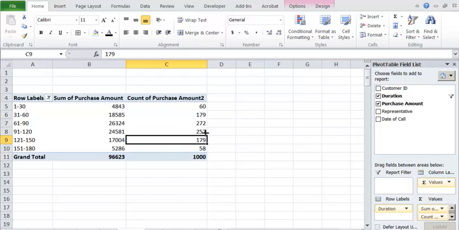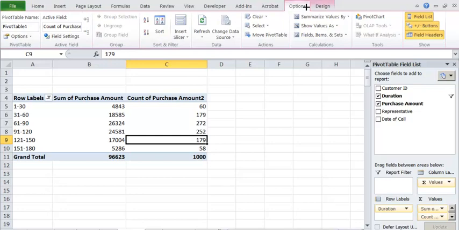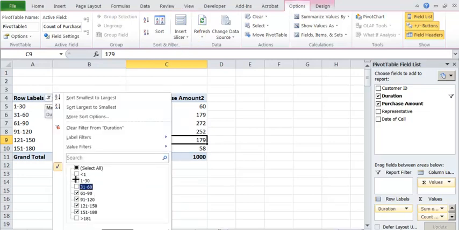There is one more thing in pivot table which is very useful to us, and that is under the option or under the analyze, you will find that there is an item which is called a slicer. So what is this slicer? This slicer helps you to filter out this item. Note that as of now, this is very geeky stuff: you go here and then you filter it out.